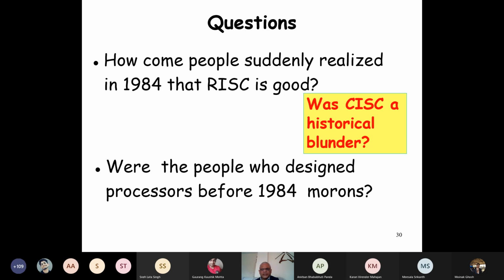But then how many times do you use those operations? Only once or twice. And do you really need to have hardware to do sorting and searching? So that was the question. But what happened after that? RISC, they said that you reduce the instructions, but what was the benefit and how much was the benefit? That's the question that we are going to address in the next class. Okay, thank you very much. We'll stop here.